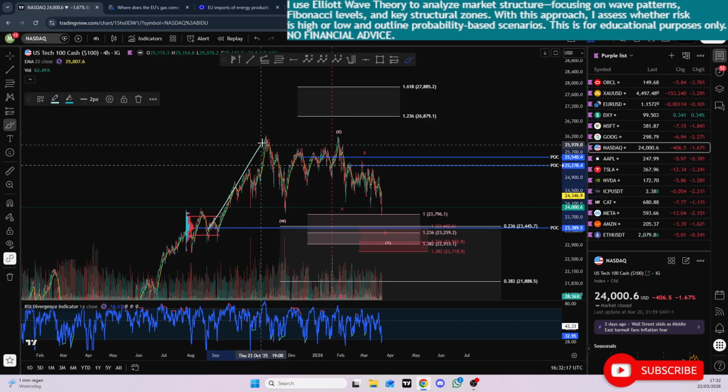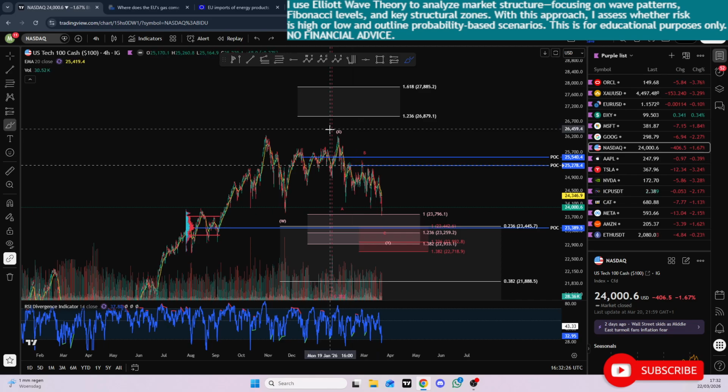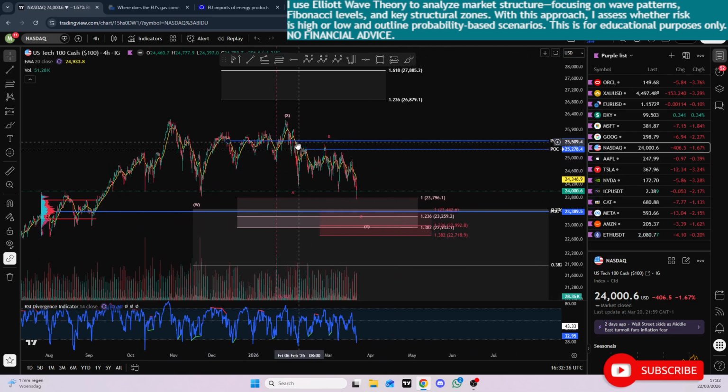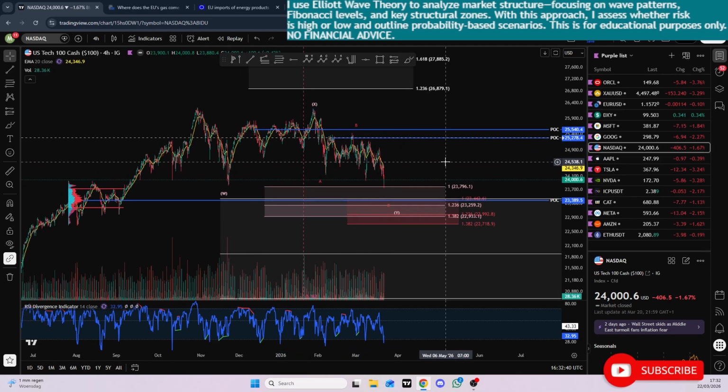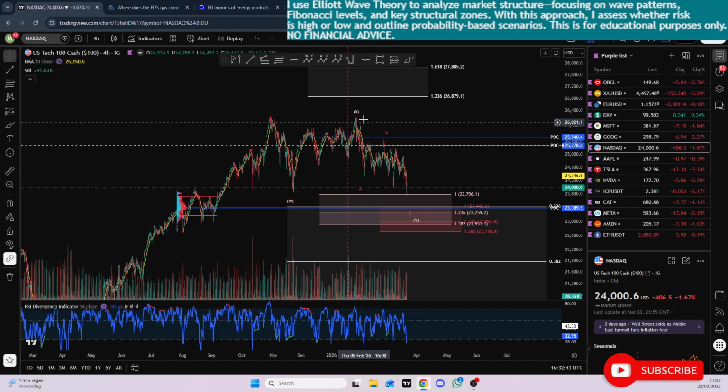So labeling this as a wave 4 and a wave 5 is not possible because you don't take this previous high. Okay, so we have to label this a wave X or a wave B in a WXY or an ABC. In this case I'm labeling it WXY because the move here in this Y wave looks like it's going to be a 3-wave move. Now plotting this then to the S&P chart is the reason I changed my count a little bit.